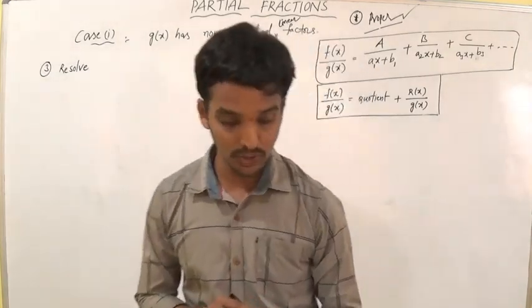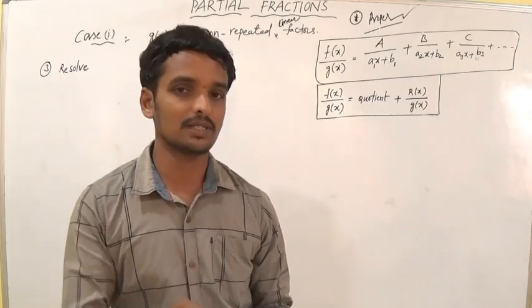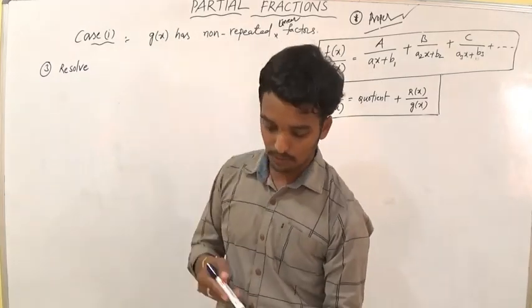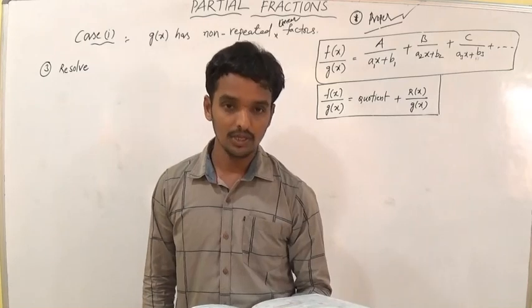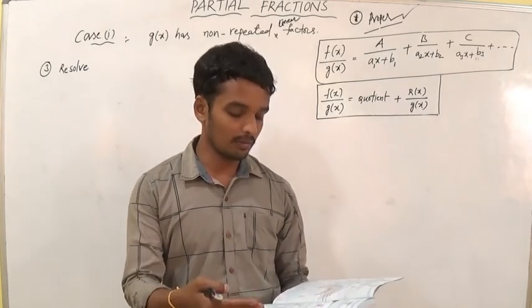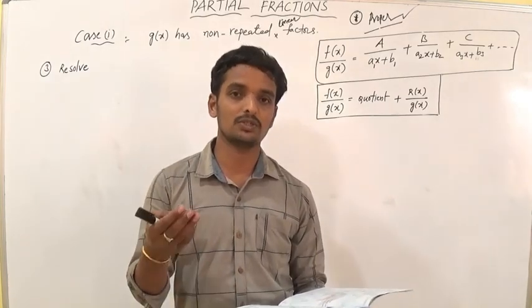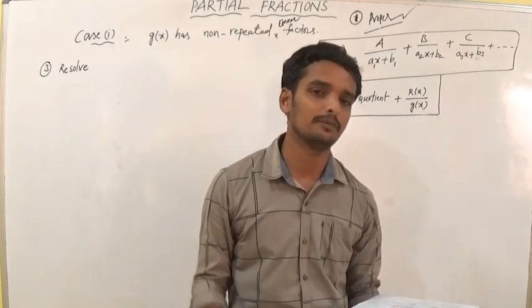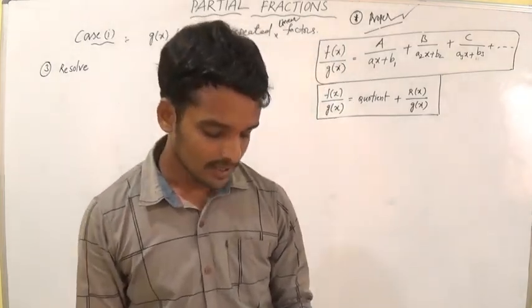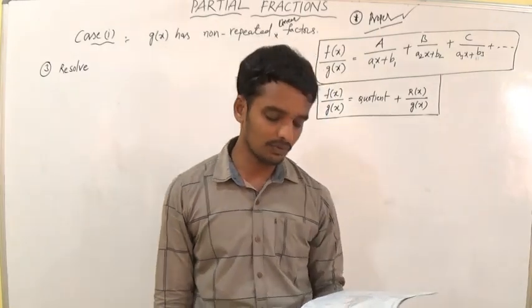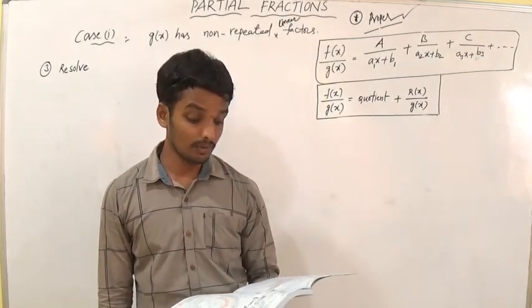Write the partial fractions of (x minus 1)(2x plus 3). If you solve it with this method, as for a proper fraction, you will get 1 by 5(x minus 1) plus something by 5(2x plus 3). So the something is our answer, that is k. Okay, the same method. The fifth problem is also the same.